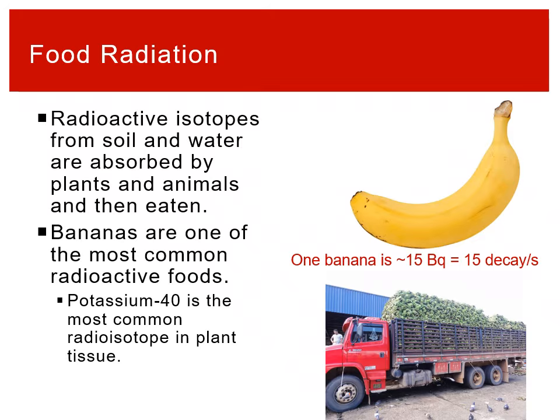Again, I'm not trying to scare you that bananas are dangerous. They're not. This is just to show you that there's radiation all around you. A couple of decays here and there is not really a big deal, because it's a banana. You eat it, and it has a lot of health benefits just because it has potassium in it. Especially whenever there's any sort of nuclear issue, people panic, but there's potassium all around you already. You are full of potassium-40. It's in all your nerve cells, and there's emission from that as well.